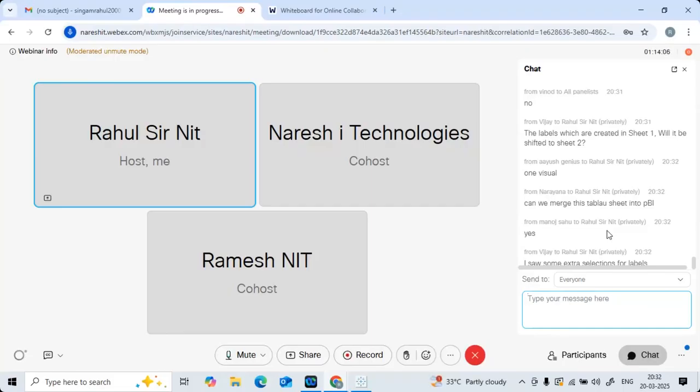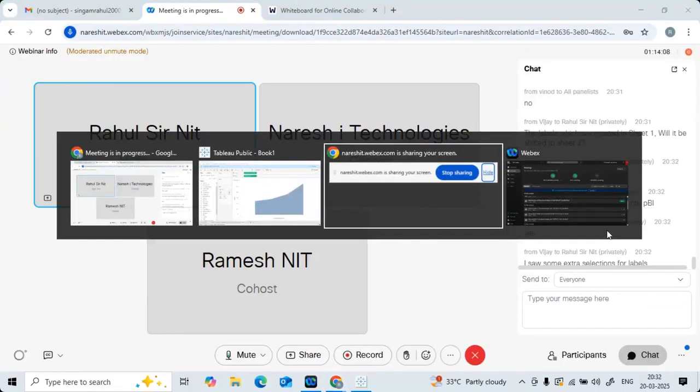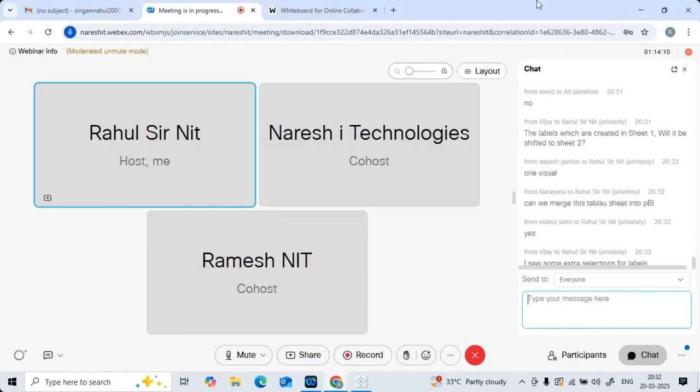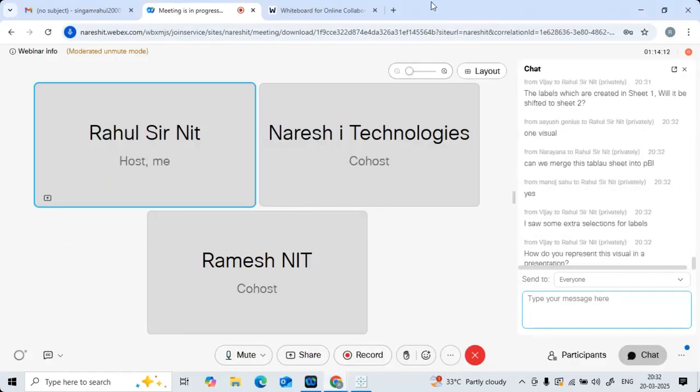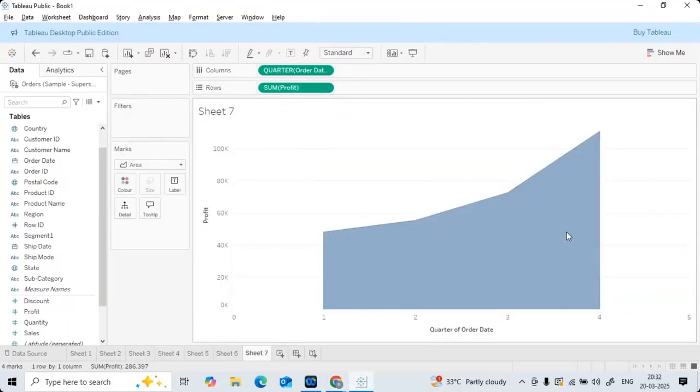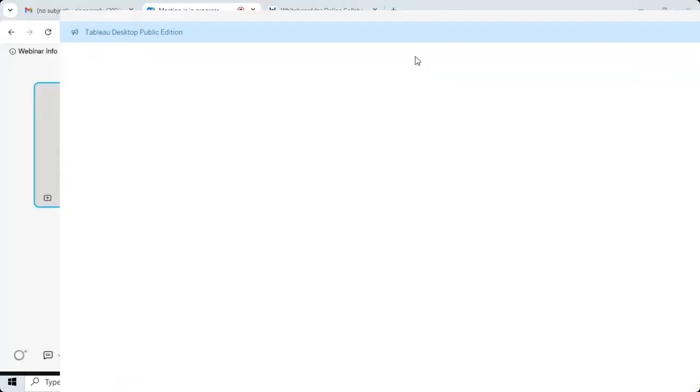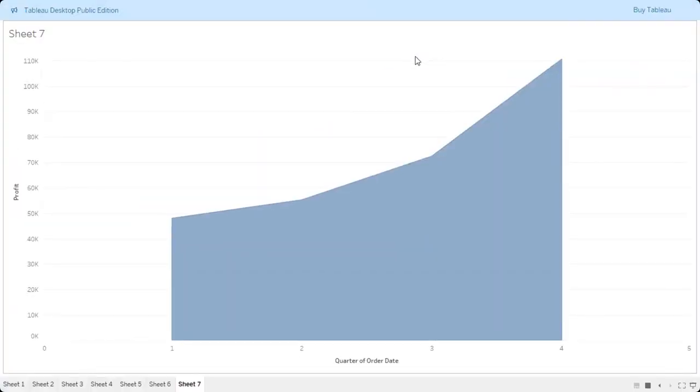Okay. So coming to the main point again. How do you represent this visual in a presentation? If you want to represent any visualization in presentation mode, you have this option called presentation mode. If I'm asking you to present any PPT, what do you usually do?